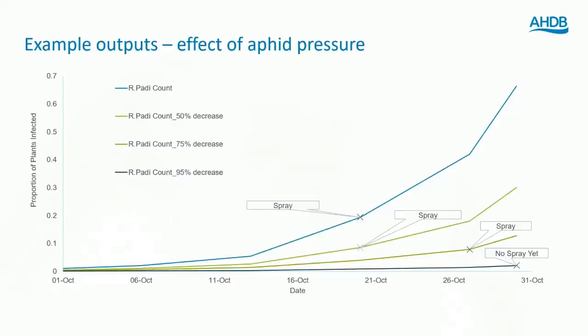And then as a final scenario, here we've got the same layout, but this time we're looking at the effective aphid pressure, the numbers of aphids. So R-Paidae, that's Rhopalosiphum padi, or bird cherry-oat aphid. And here the blue line is a baseline number of R-Paidae, and then all the other lines are reductions in R-Paidae numbers. And what we can see here is with the baseline, we're getting a spray around the 20th